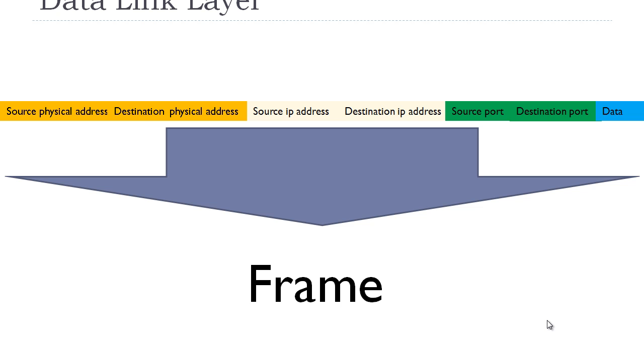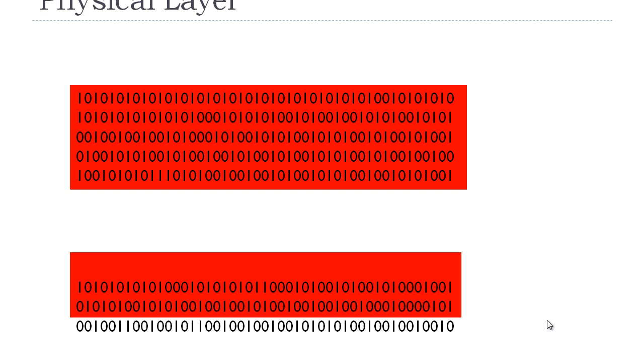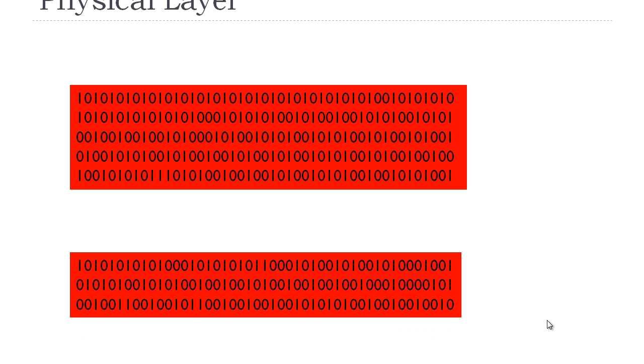So moving down to the final layer, the physical layer, this layer is not a lot of thinking. What you just need to make sure of is that you have the right physical media, and you should be good to go for the physical layer. There is not a lot of thinking. All we care about on the physical layer is ones and zeros, ones and zeros, and that's not a lot of thinking.